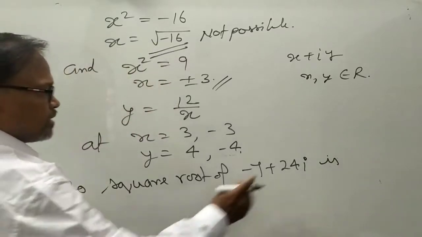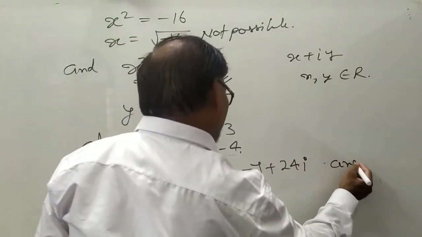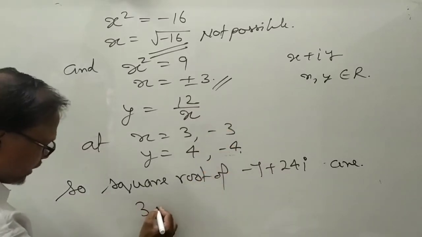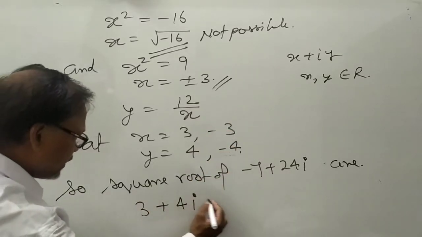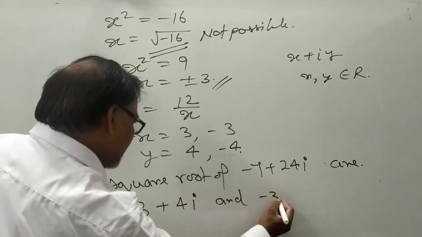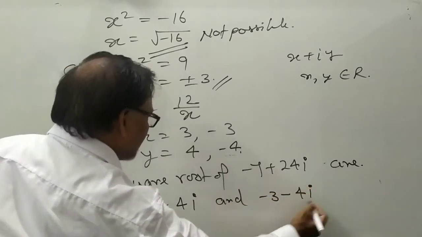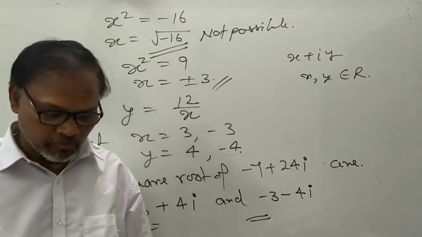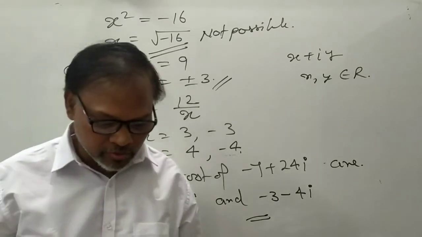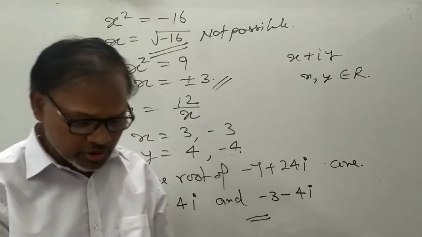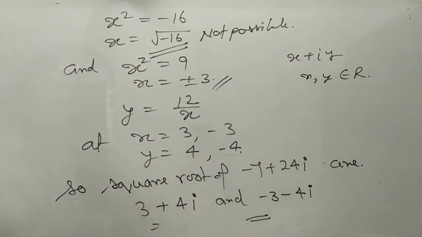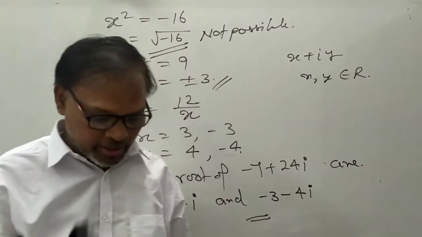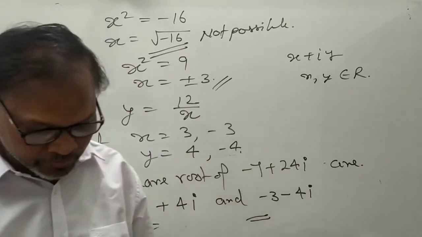सबसे पहले इसमें r लेंगे. क्यों? क्योंकि यहाँ पे दो स्क्वायर रूट लिख लेंगे, एक तो ये वैल्यू और एक ये. तो 3 plus 4i and minus 3 minus 4i. These are the square root of the complex number. तो इस तरह से हम आंसर को निकाल सकते हैं. तो इस तरह कई सारे क्वेश्चंस हैं, इनको आप कर लीजिएगा. With the same method you will apply in every question, same method.